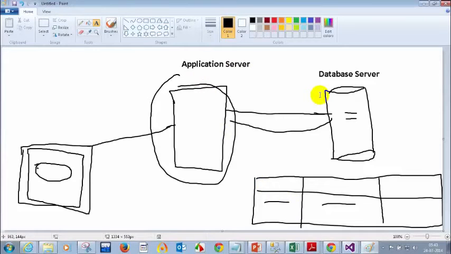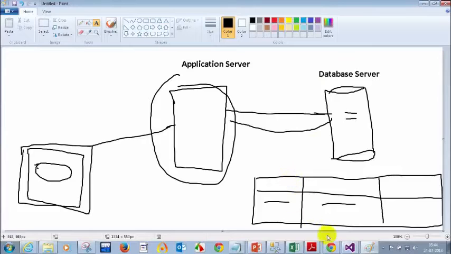But if millions of users are accessing and you have both on the same server, performance will be very low. So normally the application server and the database server are different. So in our application we need to tell what the details of the server are and how we can actually connect.